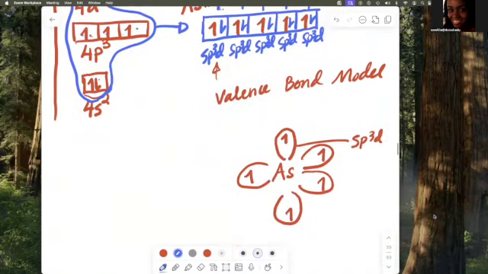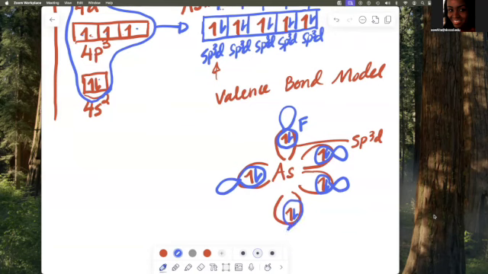Over here, when you're showing the fluorine that comes in, the fluorine comes in with a figure 8 because fluorine is in the p orbital. Fluorine comes here with a figure 8 because it's in the p orbital, and here as well. Where the orbitals overlap with the unpaired electrons, that generates a sigma bond. So each of these is fluorine, and we'll call this a sigma bond between fluorine that uses the p orbital and